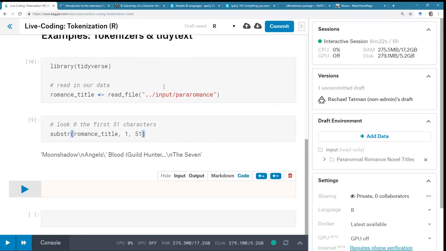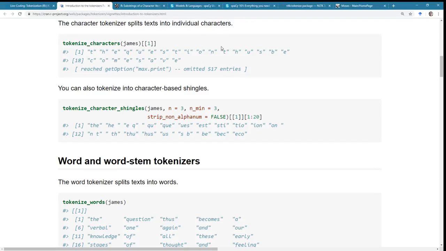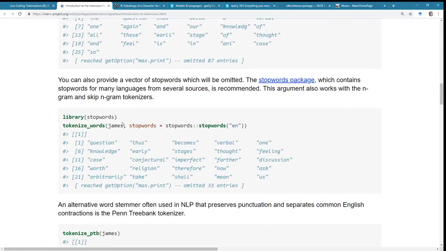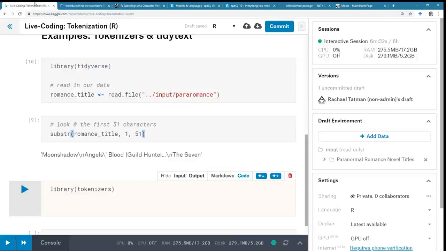All right, tokenizers. So I believe I'm gonna have to read in the library. And it is tokenize word. Nope, I don't want the stems. I just want the words. There we go. Tokenize words. So, oh, interesting. There's an option to remove stop words, which are super common words that occur in all data sets and aren't very informative about the topic of the data set. So in English, things like the, of, and, things you have a lot of. You can remove stop words at the same time as you tokenize. It's kind of interesting. I'm not going to choose to do that.